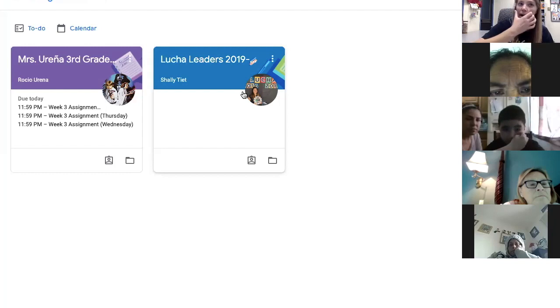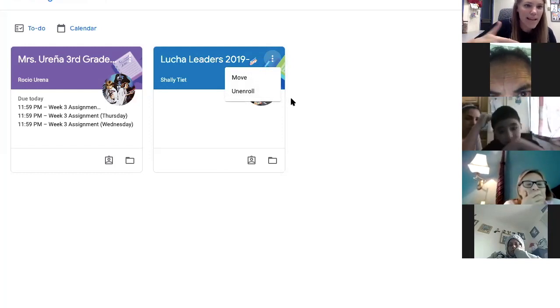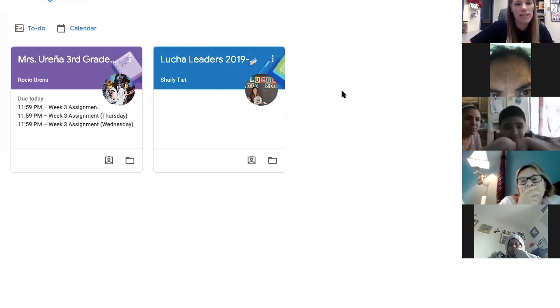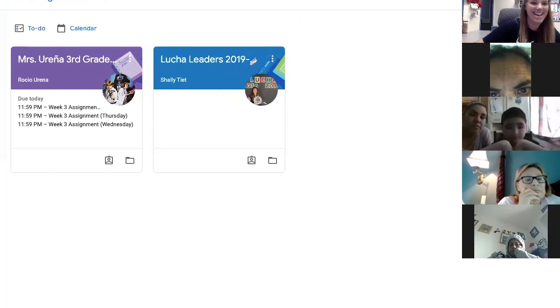If you have not disenrolled, you could always close this one out and say unenroll, but sometimes they like to go back and see their assignments from last year, so he just leaves it there. But if you don't like having multiple things there, you can unenroll from previous classes. Okay, you just do that by clicking on the three dots and hitting unenroll. Okay, but I won't click it.